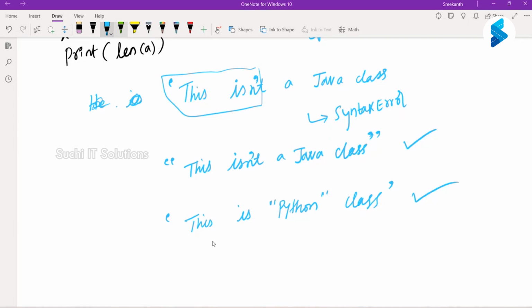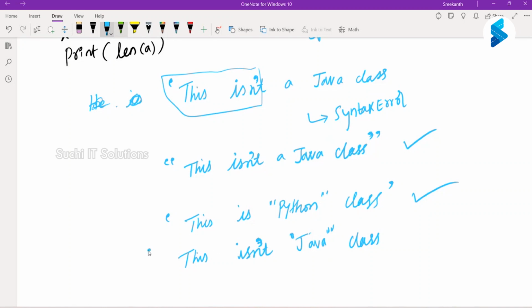Okay, now in this case, I want to use both a double quote and a single quote in the same string. This isn't. Right, here I'm using a single quote and here I'm using a double quote. So in this case, if I start with a single quote, there is a single quote already within it, so I cannot use a single quote. There is a double quote already here, so I cannot use a double quote. What option am I left with?